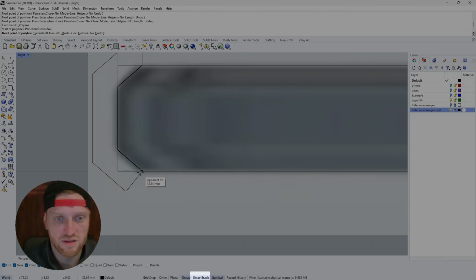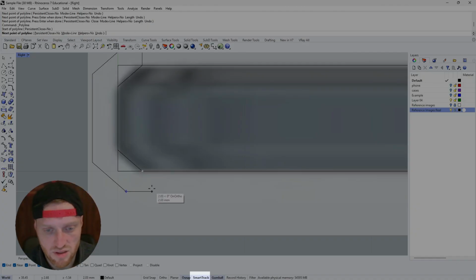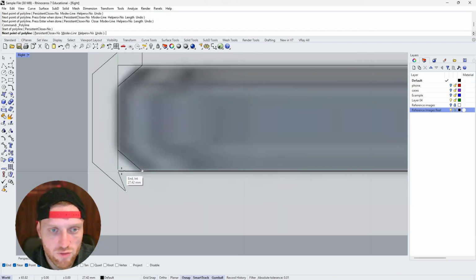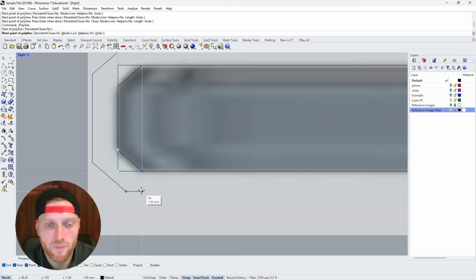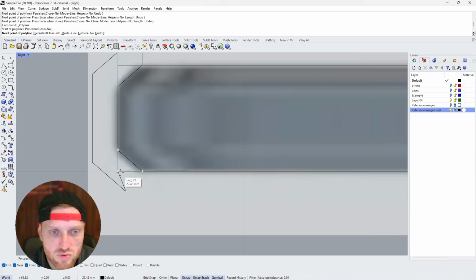Yeah, and this is what smart track is. So if you don't click, if you just hover over certain points, it marks them in this gray thing, and then it will create smart relations between the points and your cursor, so you can more easily find the correct connections. If you don't want to use it, you can just unselect it, or if you want to get rid of either of these smart tracks, you can hover again over them. So we go ahead,